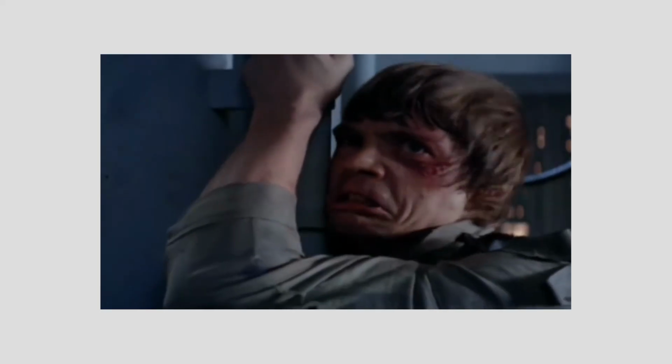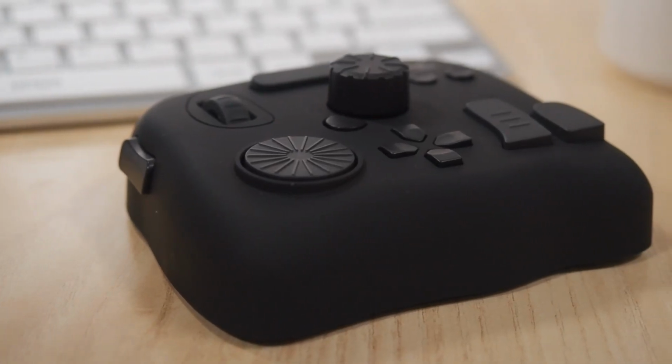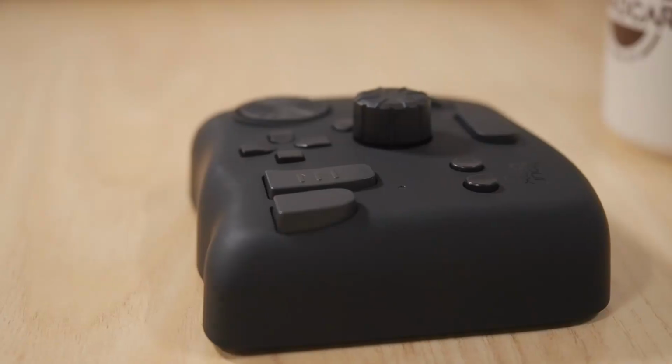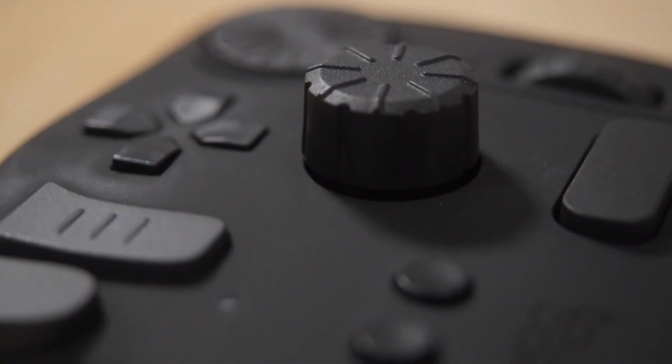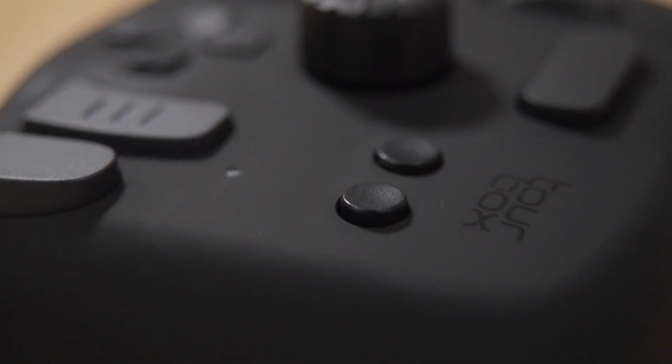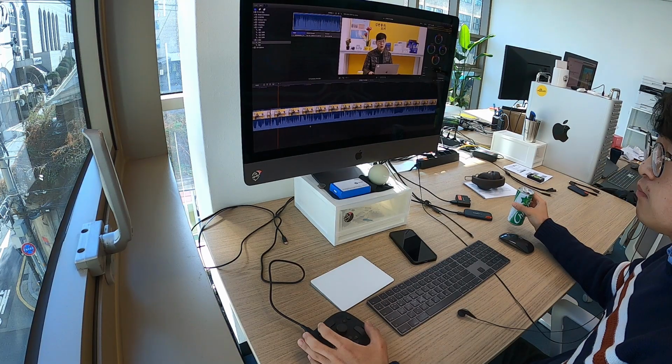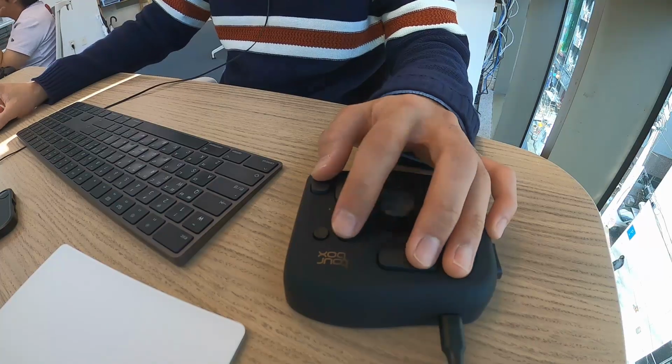This is exactly the same when you're editing video, and if you look at TorBox closely, you're gonna notice that each dial and each key look different, feel different, and are positioned differently. So ideally, once you get used to the tactile feelings of each key and knob, you're gonna be able to use your TorBox without even looking at it.